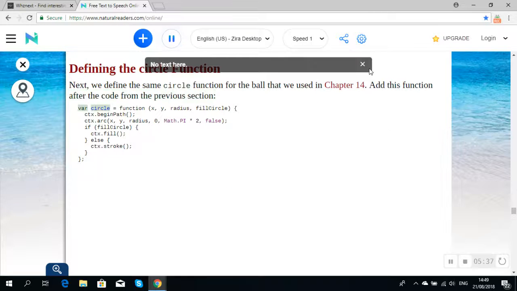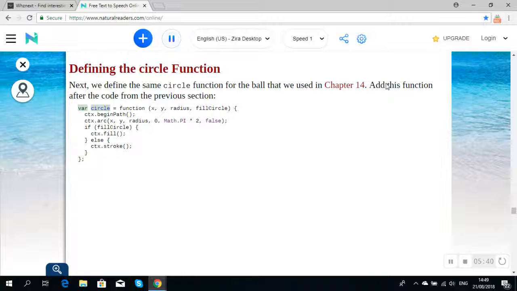Circle. After the code from the previous section: var circle = function (x, y, radius, fillCircle) { ctx.beginPath(); ctx.arc(x, y, radius, 0, Math.PI * 2, false); if (fillCircle) { ctx.fill(); } else { ctx.stroke(); } };